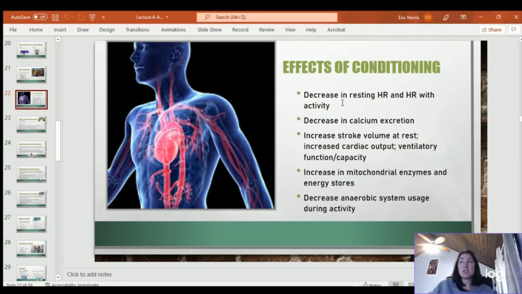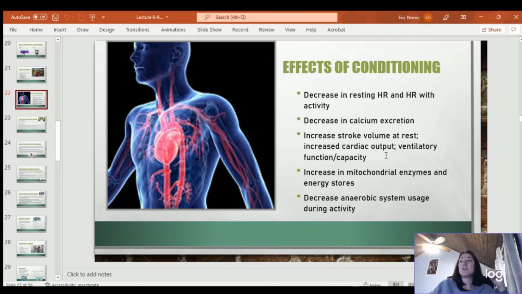Effects of conditioning: conditioning over time will decrease your resting heart rate, and it will actually decrease your heart rate within the activity. Your heart becomes stronger and more efficient, so it doesn't have to pump as hard to get the same results. There will be a decrease in calcium excretion, so your body reabsorbs more calcium, which helps maintain strong bones. There's an increase in the stroke volume at rest, so your heart is able to push more blood out with every pump. There's also an increase in your cardiac output, how much blood is leaving the heart each time,